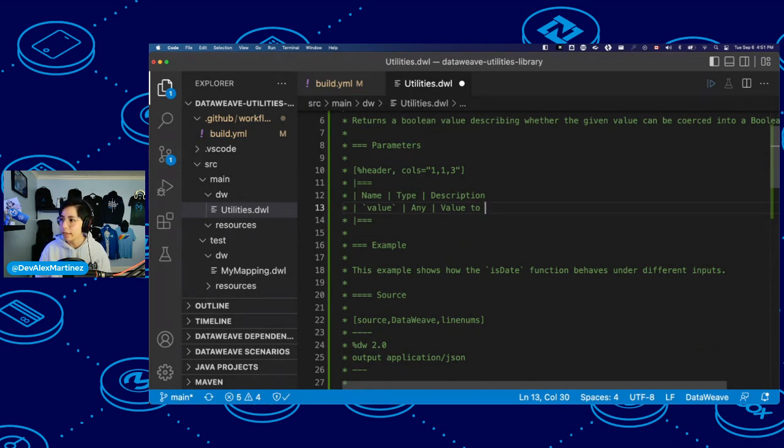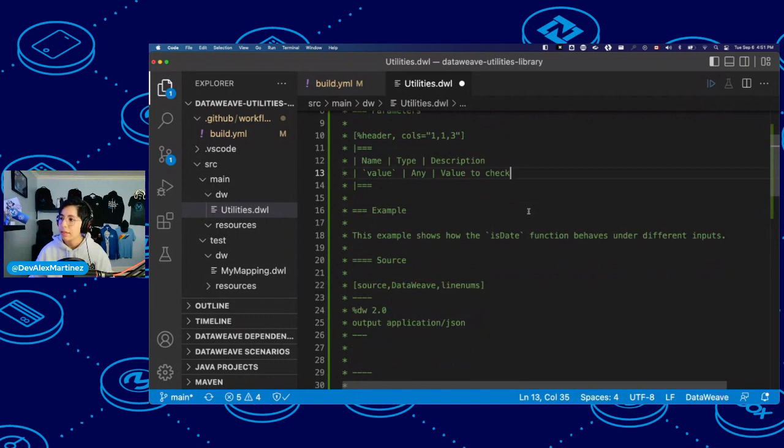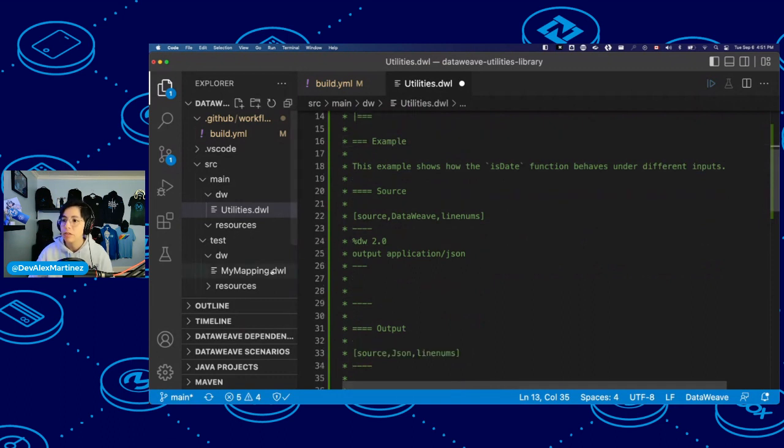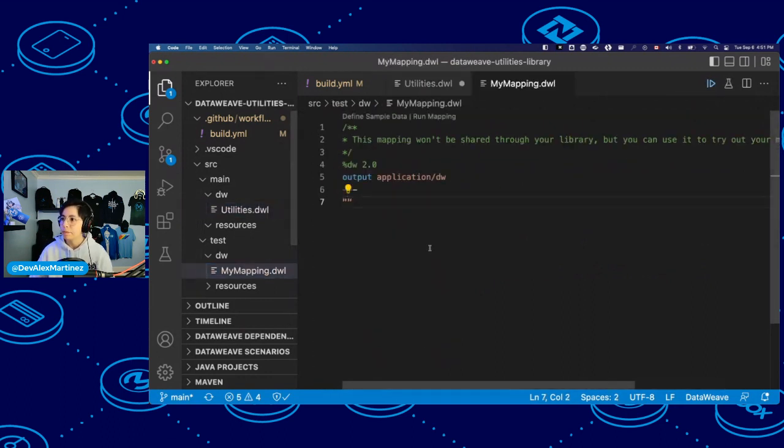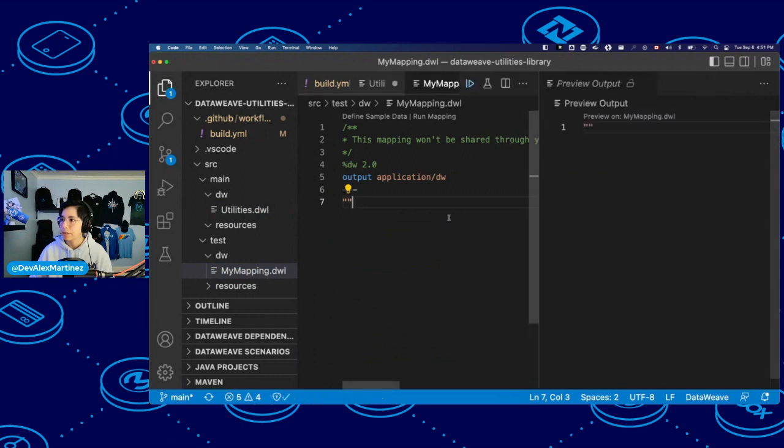Value to, how do you say that? Value to check. This example shows how the isDate function behaves under different inputs. So let me open my mapping, run this. Yeah. And now if I do